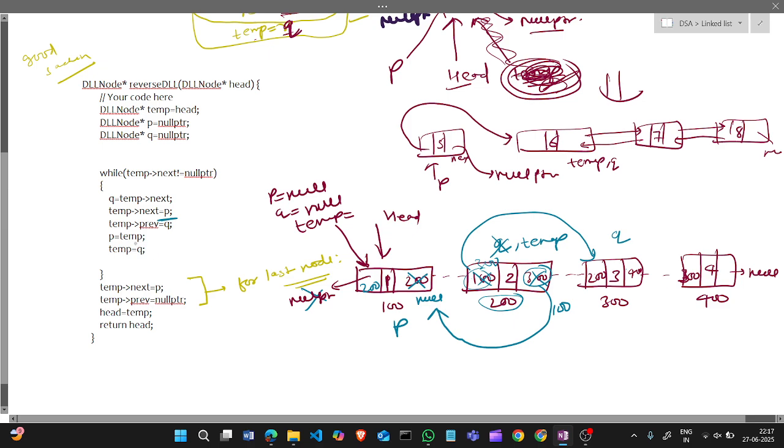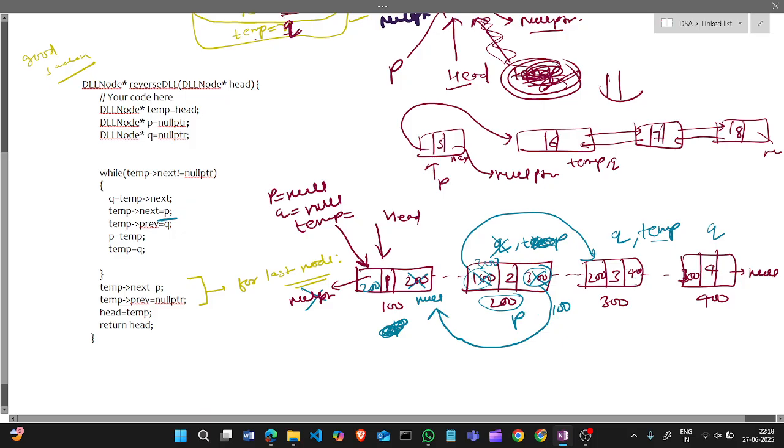And I will make p as temp, so this now is p, and temp is q. Now temp is this, and p is not this. Again I will increment q.